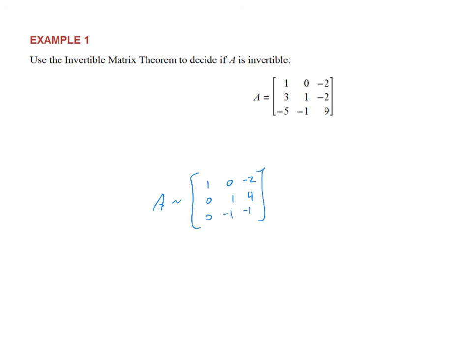Do I know anything now in the invertible matrix theorem that says whether or not this matrix is invertible? Not yet, but if I do one more step and add rows 2 and 3, then I think we'll know our answer: 0, 1, 4, 0, 0, 3. Okay, so now I'm in echelon form, not reduced echelon form, but I can say A has 3 pivot positions